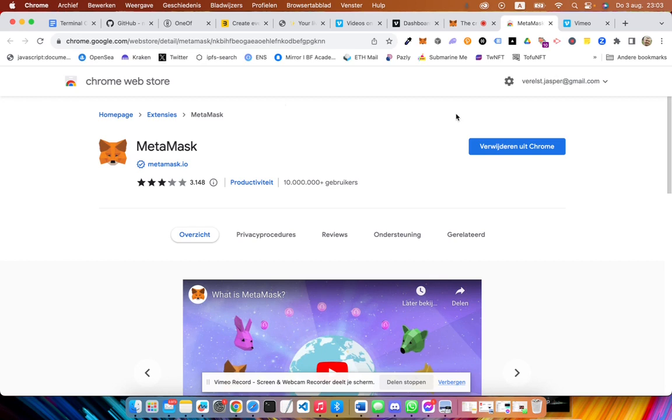Make copies of it, put it in different places, but never share it with anyone, because whoever has these security words can actually duplicate your MetaMask wallet. What they can do is just import your wallets, all your accounts that you will have on MetaMask, right? With those 12 words, they can import it on their device, because the 12 words or the 24 words are a way to restore your wallet.